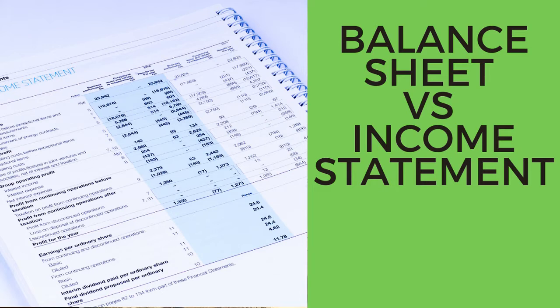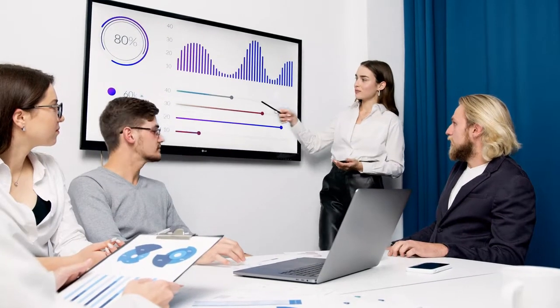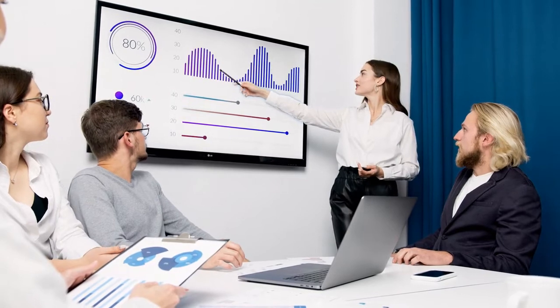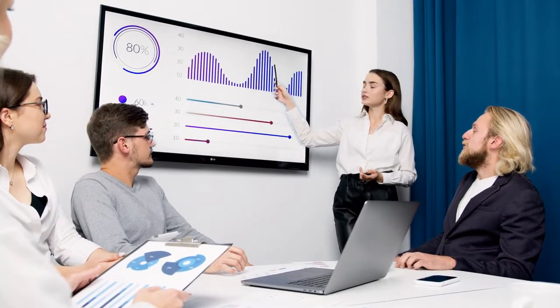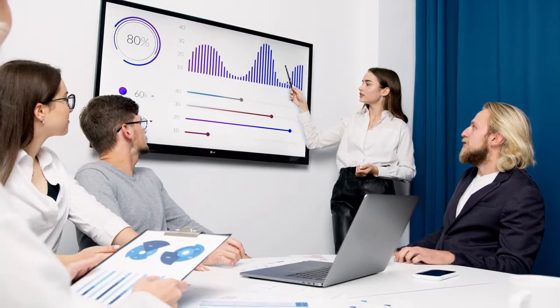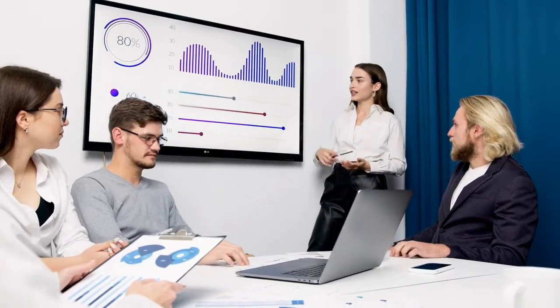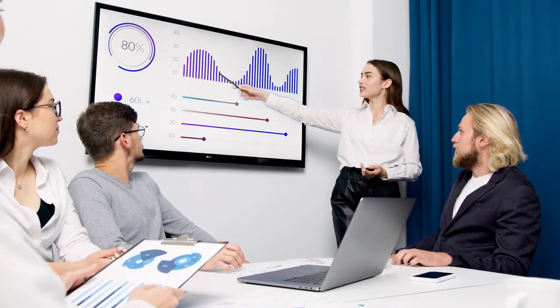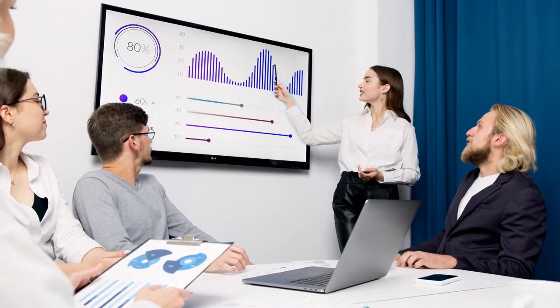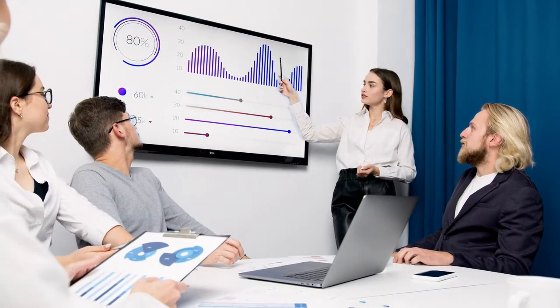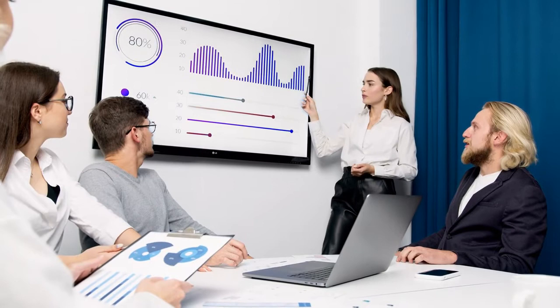For any business owner, the balance sheet and income statement are essential papers. When a company has a good income statement, it almost always has a strong balance sheet, but one can be weak while the other is strong. You might be asking, what causes this and what sets them apart from one another?